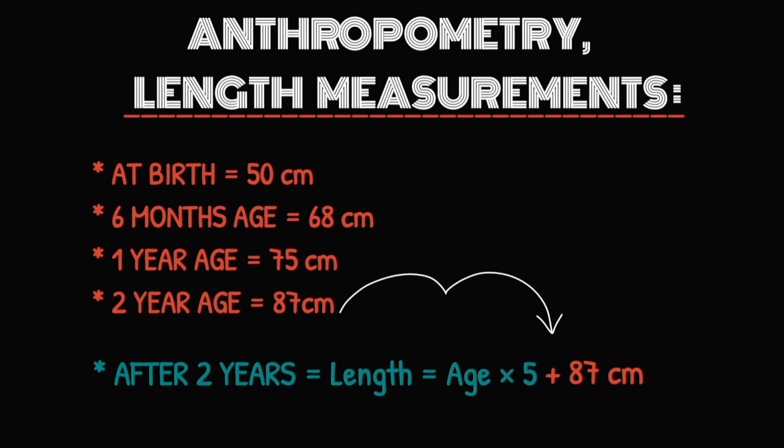So for example, if you want to find out the length of a pediatric patient of age 5, it should be 5 into 5, that is 25 centimeters, plus 87 centimeters. So 25 plus 87 equals approximately 112 centimeters. So your pediatric patient of age 5 should have this much length, and this is the average length